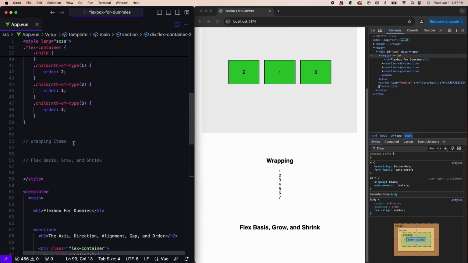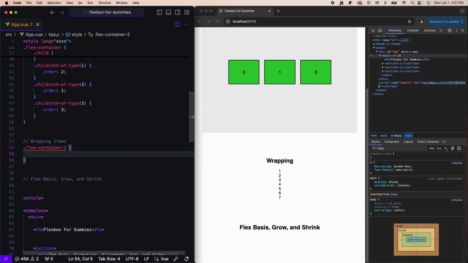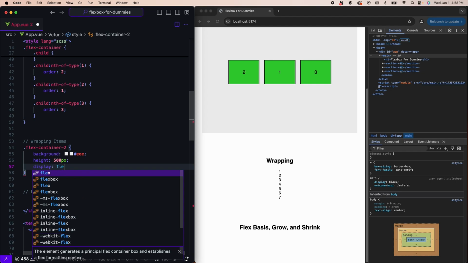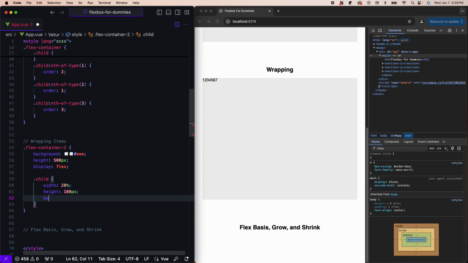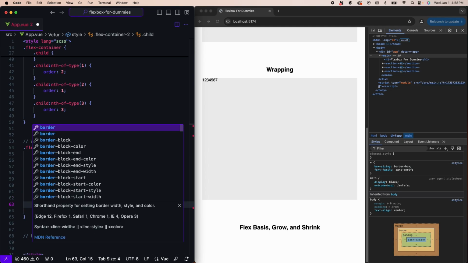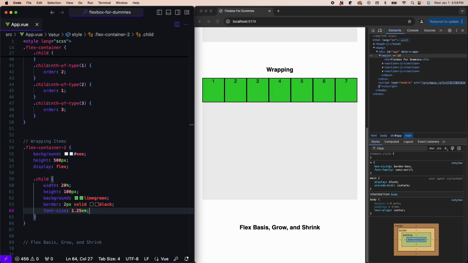And then we'll need to go up here and style that Flex container 2. Again, quick background, height, and of course, the Flex property. And we'll also style the child with 20%, height, 100 pixels, background, lime green, border, 2px solid black, and we'll give it that bigger font size again. And then